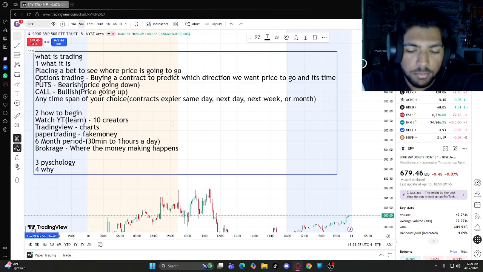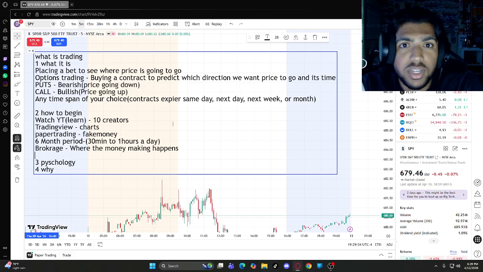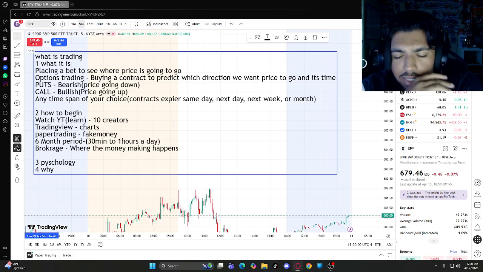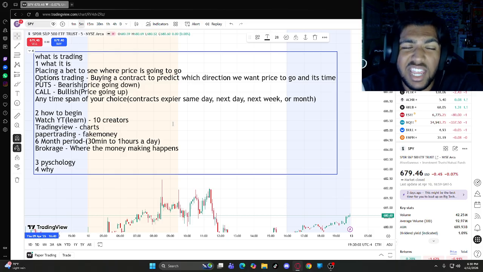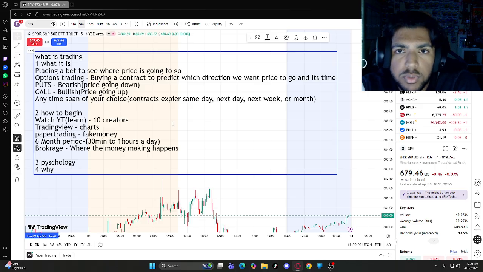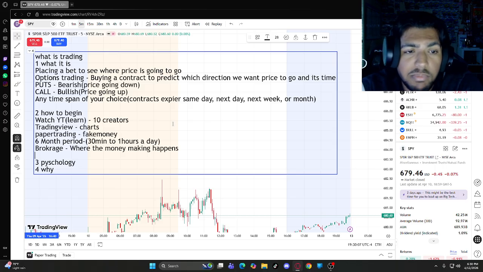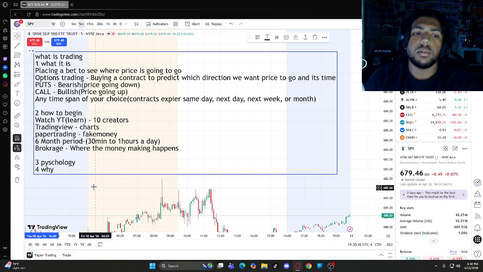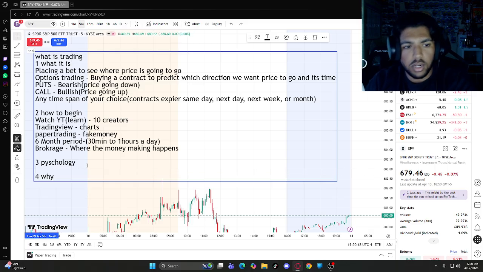Second thing, most importantly, I'm not going to write this down, but we need a job, man. Like the amount of people that you see getting into trading that just save up $500 and then blow it on their first account is actually insane. The amount of people that are able to do that. And that's why I love the paper trading way. That way we can build a strategy of not having a gambler mindset and we can be confident going into the charts later on. But yeah, we need a job to have capital. And we need to be ready to lose capital. And that will segue into our psychology. Be ready to lose money.